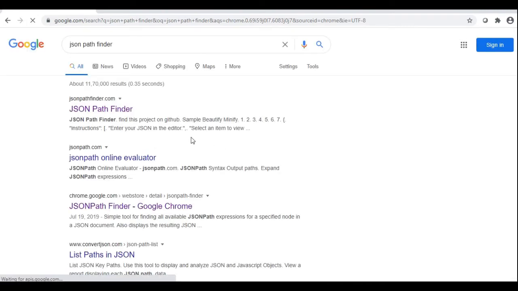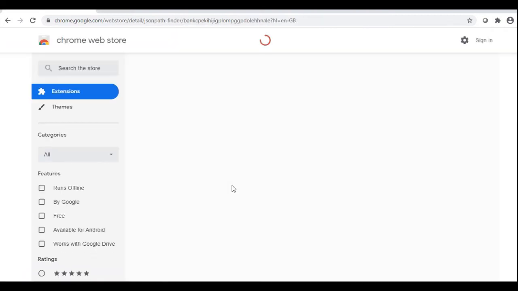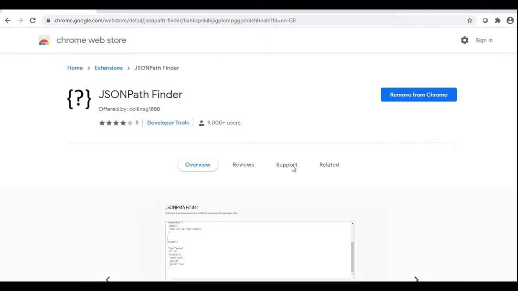And when we search for the JSON Pathfinder, we get these options. We have to select this chrome.google.com option for JSON Pathfinder and we have to add the extension to Google Chrome.